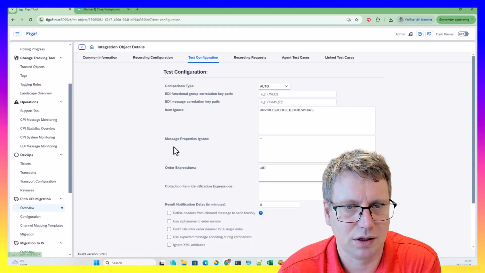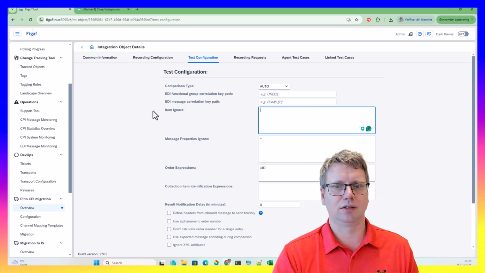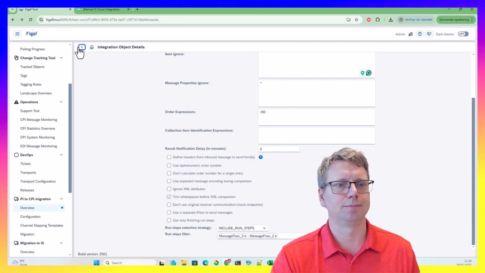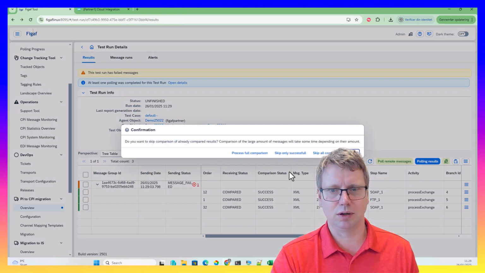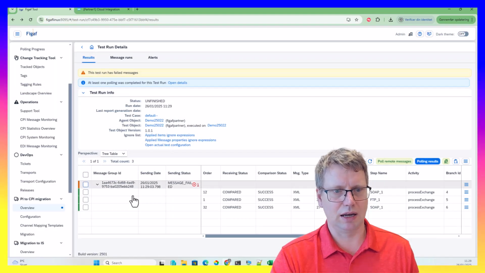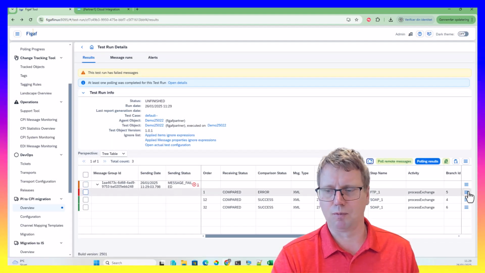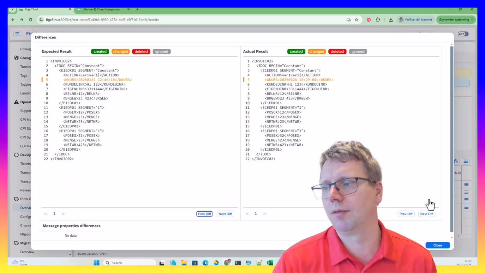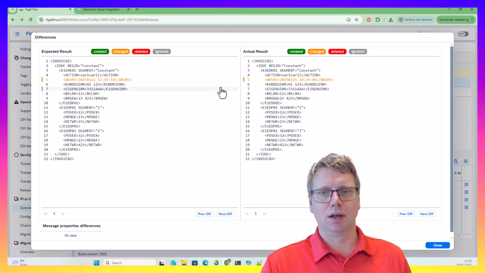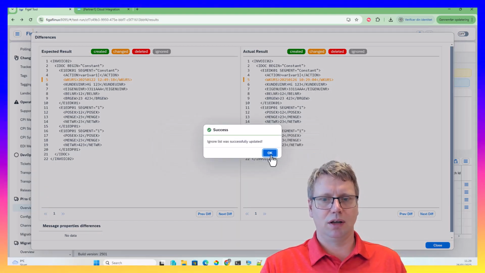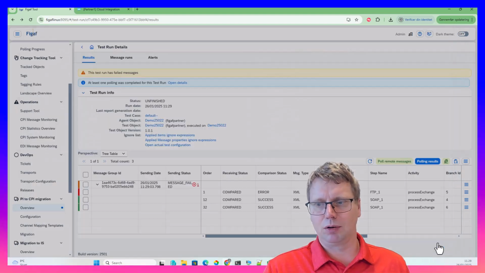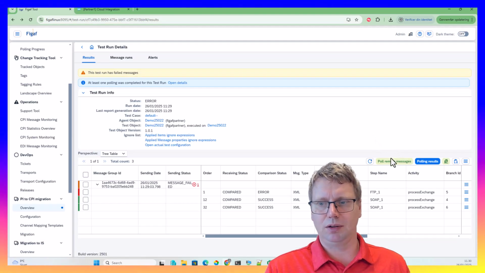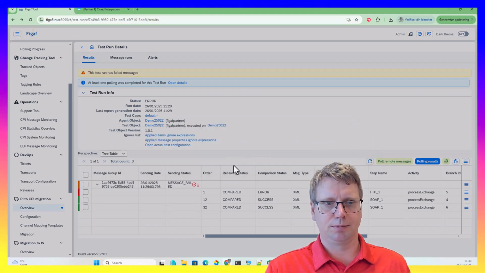I think one of the things we had here is that we had an item here that is something that will always be changed. If that was not the case, we could go in and process full comparison. And now I would expect we would have one error, and this one error is the difference between what we run and what we would expect to have. So if we just want to ignore this, we go in and say ignore, and then we could go in and process the comparison again, and now it will be successful. Process full comparison,